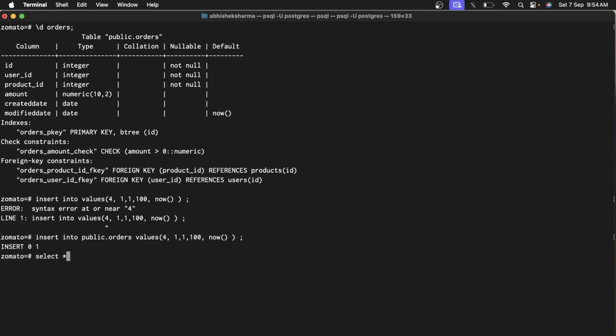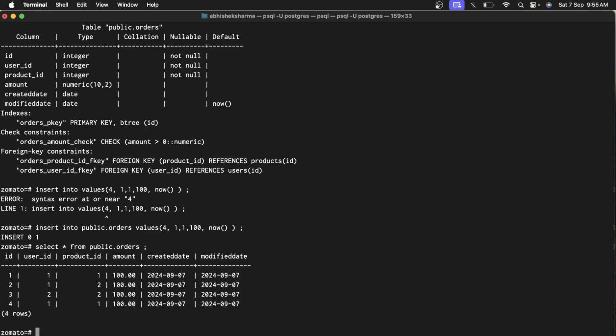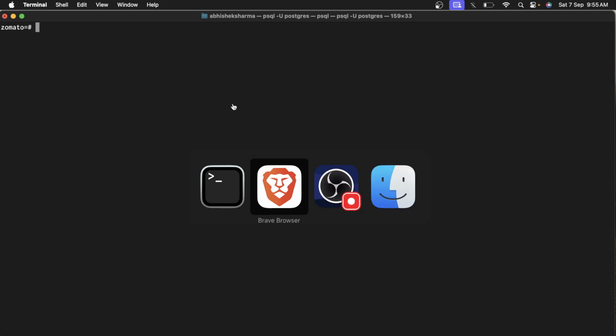So let's select from public orders, let's check values, orders. So the fourth value still has modified date, right? And how did it get the modified date? By this default value, right? Acha. So we have seen all the constraints, right? So let's